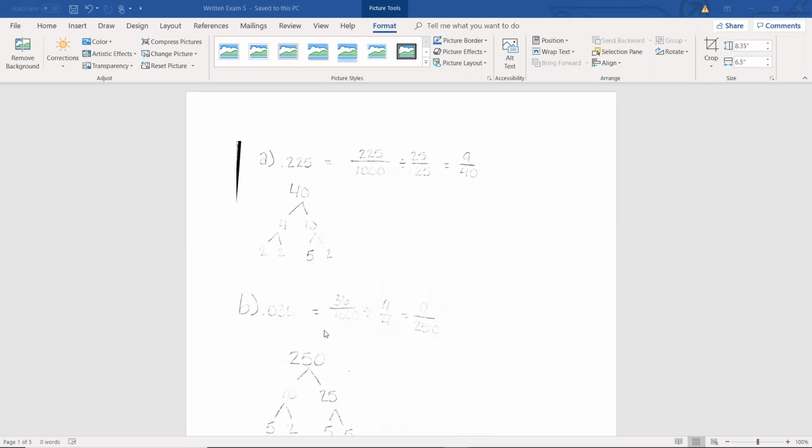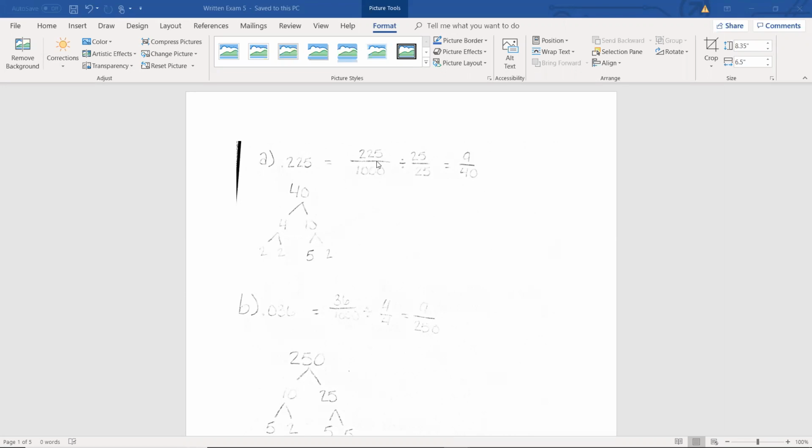fraction form of decimals. The first fraction we have is 0.225, which we put those decimals over powers of 10, and since there is 3 here, we actually put it over 1,000, which I've done over here, and then we just simplify that by dividing each side by 25 to get our fraction in simplest form, and we get 9/40,